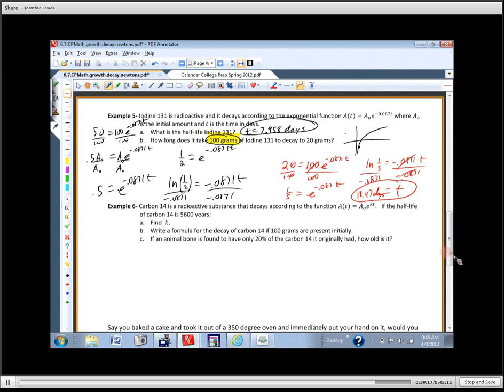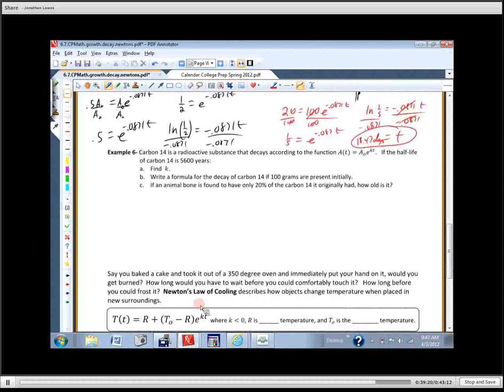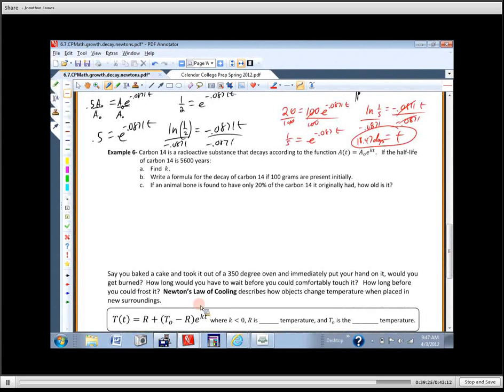And then we're going to finish with this problem, and we'll finish up the section tomorrow. Carbon-14 is really important. Can anybody tell me why carbon-14 is important? It is everywhere. It's in every living thing: trees, plants, spiders, bugs, crustaceans, human beings. Everything that's living has carbon-14 in it. Carbon-14 is just mildly radioactive. It's not harmful or anything like that. Because every living thing has carbon-14 in it, and it's very stable and has a very long half-life,